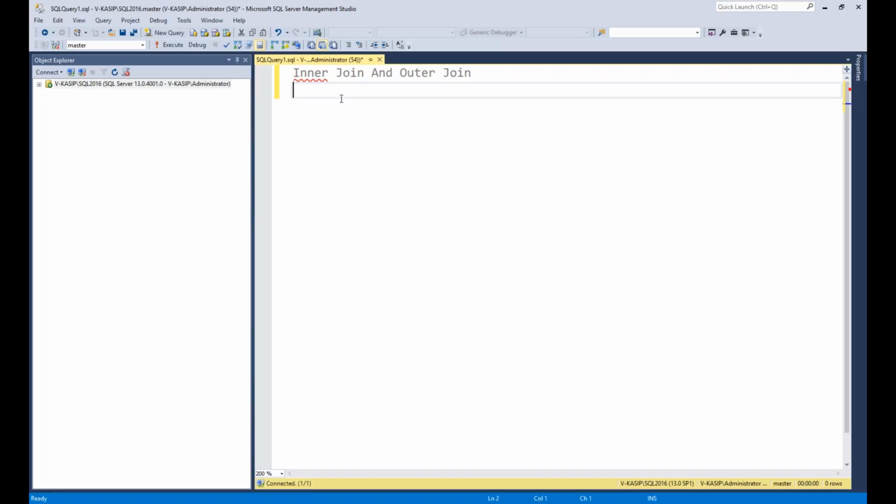Okay. So yes, as you mentioned, inner join will display the records if the records match in both tables, and the outer joins, based upon whether it is a left outer join, will take the left precedence. If it is the right outer join, it will take the right precedence, and the full outer join will join the left outer and the right outer.